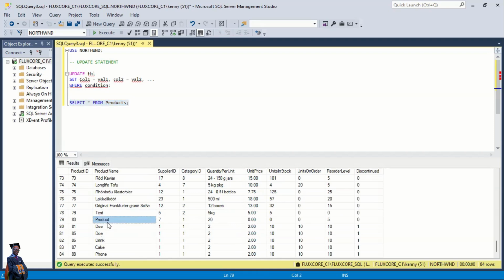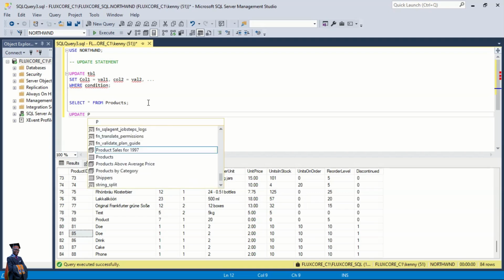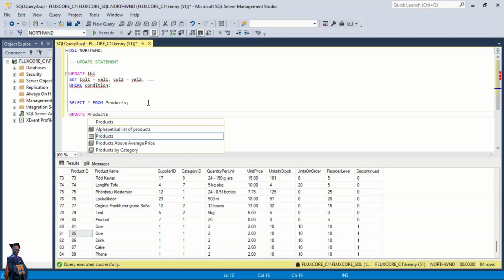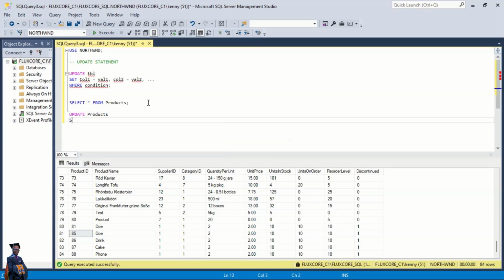Since we want to update and we have a duplicate here for door, let's update one of them. Let's choose the one with product ID 85. So to update that one, we say UPDATE our products table. We SET